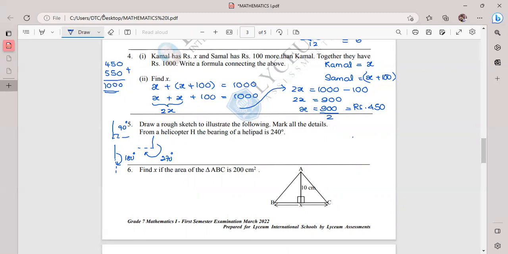So then I draw H, the helicopter, like this. I draw the helicopter because it is from the helicopter. So the north direction should be from the helicopter. I mark the north direction and this is the H, and you have the bearing of a helipad. So then you have it like this and you mark here, and clockwise it is moving 240 degrees. Here you write